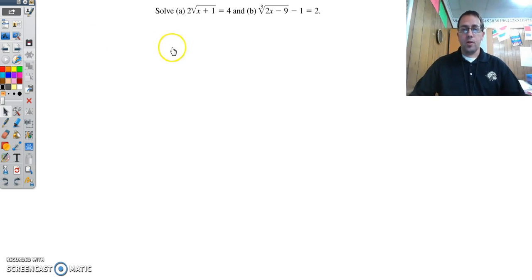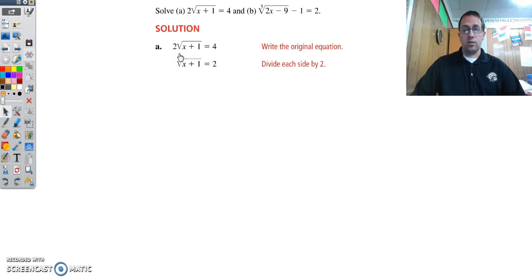So first one, 2 times the square root of x plus 1 equals 4. Step one, isolate the radical. That means this 2 has to go away. Now, one thing that's very important, you will never ever distribute anything into the radical. It's not happening. Don't try to do it because it's going to screw everything up. Instead, what we're going to do is divide the 2 out. So we divide both sides by 2,